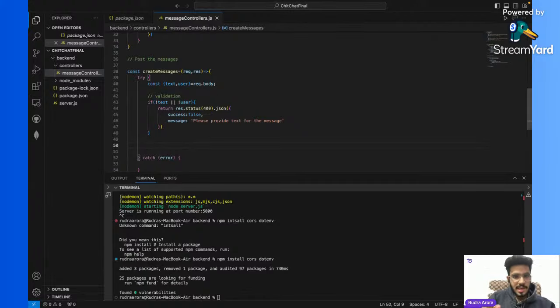And if this particular thing happens, like if there is no text, if there is no user, I don't think you can even send the message. So this code actually validates that particular edge case. Now if this doesn't happen, we create our message,